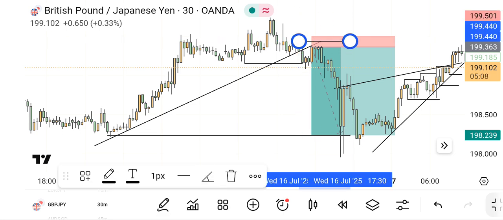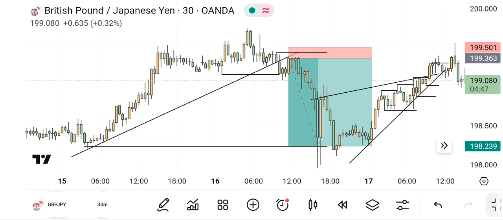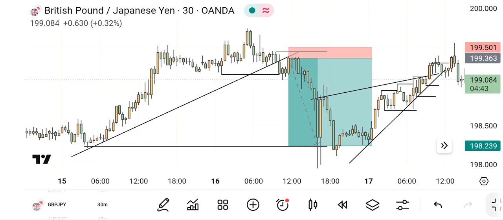And I shifted it up in case the price comes to that zone and gets rejected, which gave me 13.8 pips stop loss and 112.4 pips for the take profit. So which gave me 8.14 risk reward for the GBPJPY. So it is just the same thing, the trend line breakout and retest for the GBPJPY,